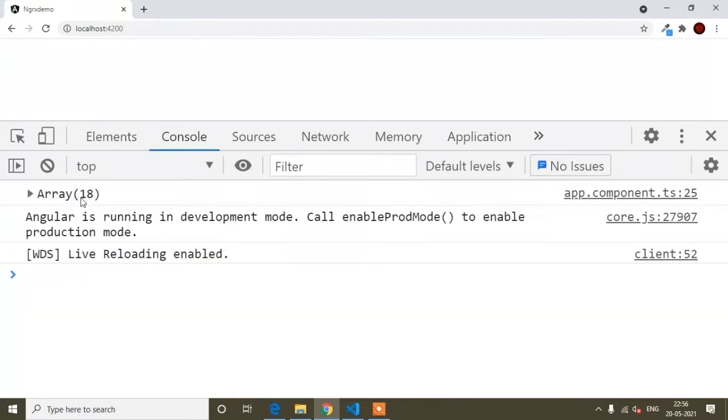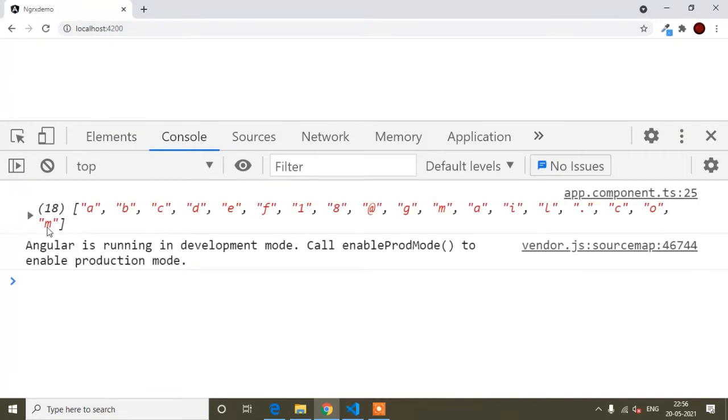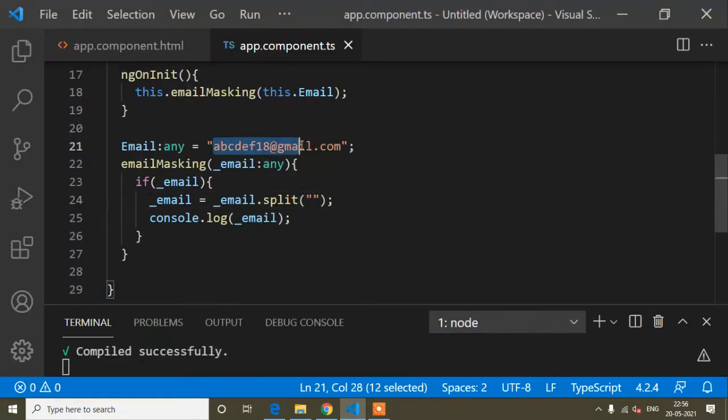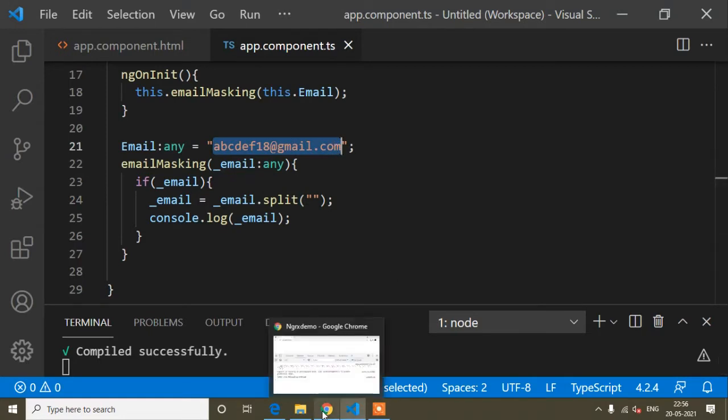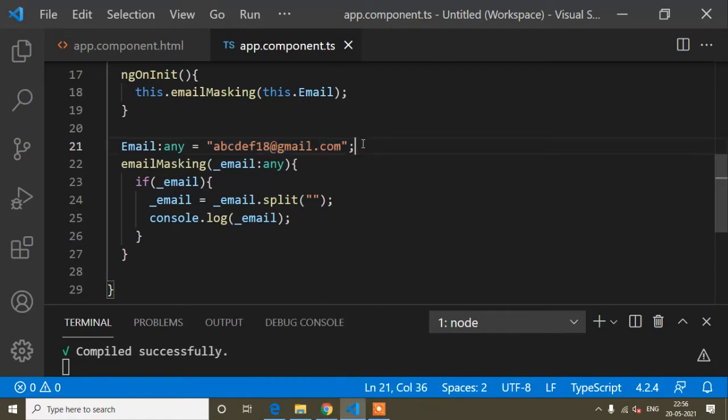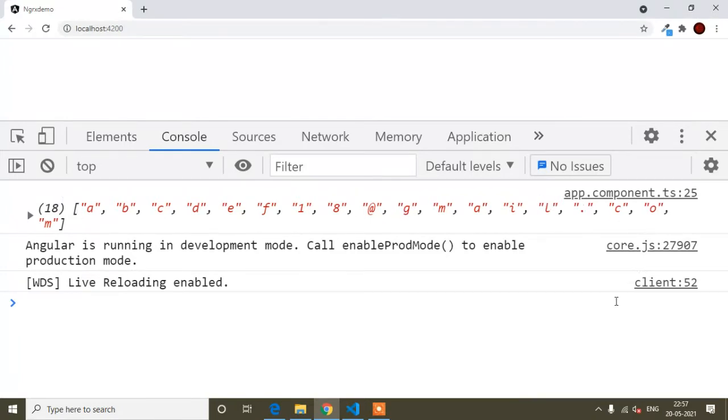The split method converts into an array. You can see all the letters are converted into an array. You have to remember that the split method converts a string into an array. This one is a string, and when I write email, it denotes this value, because I have passed this parameter. So email.split actually splits this string, splits all the letters, and converts it into an array. You have to remember the split method converts into an array.